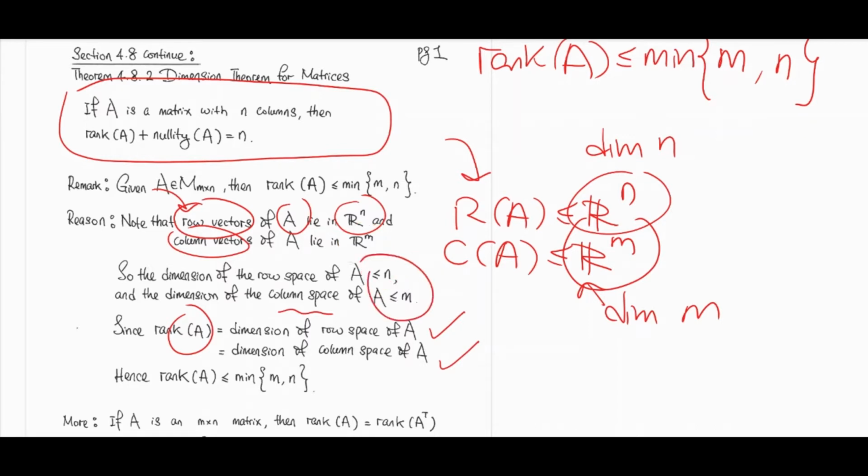So that's the reason why we know that the rank of A is bounded above by this number right here. Okay, so this is one of the simple observations on the rank of A for a matrix of size m by n. Also, because the row space of A and the column space of A, even though they are not the same thing, have the same dimensions, the rank of A and the rank of A transpose are the same,